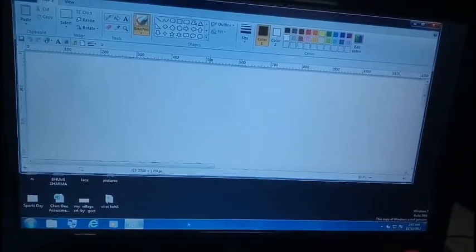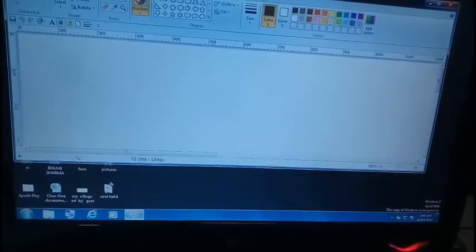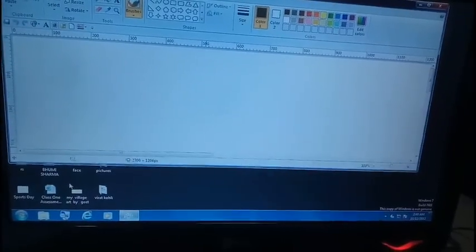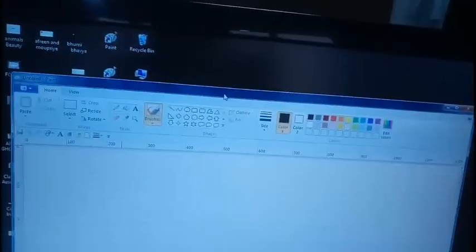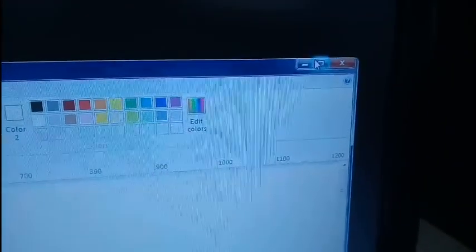If you want to see something about the desktop, some icon, then you can restore it. After doing that, you can move it around, move it down, move it up, like that.